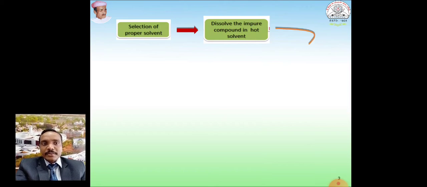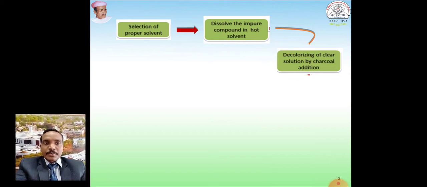Afterward, once we get a clear solution, we add a pinch of adsorbent. We can use decolorizing carbon as an adsorbent. After addition, it will adsorb the colored impurities, and we are supposed to heat only for 2 minutes, not more than that, because it is an adsorbent. It may adsorb the color impurities as well as the pure product also. So after 2 minutes,